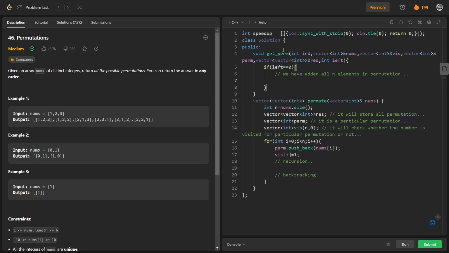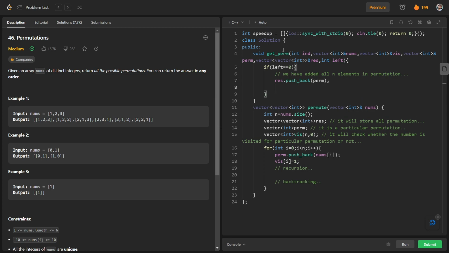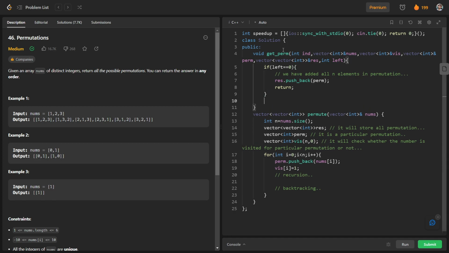So we will push back perm in this resultant vector and just return. So when left is equal to 0, we will push back this perm and return our void function. And otherwise what we will do, we will